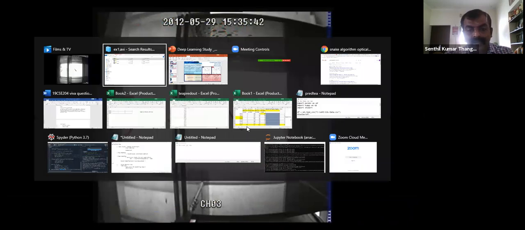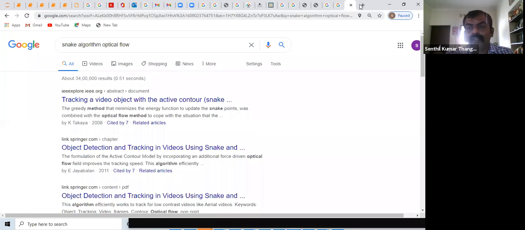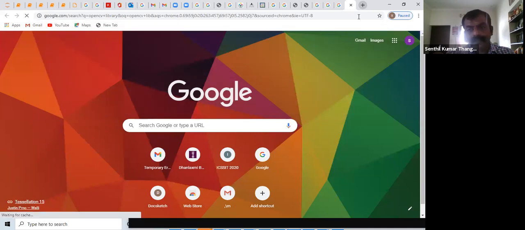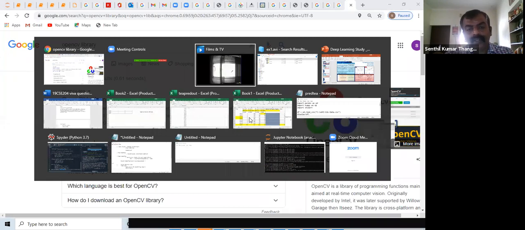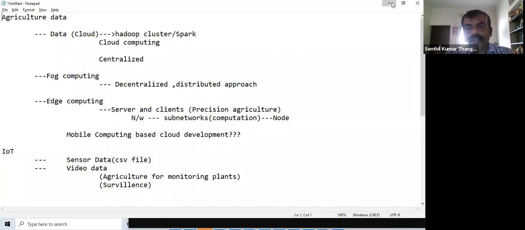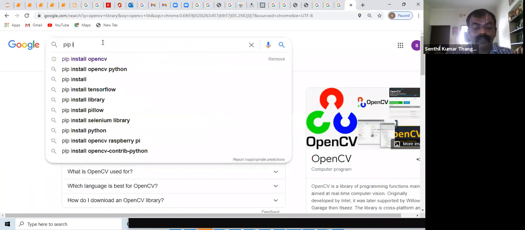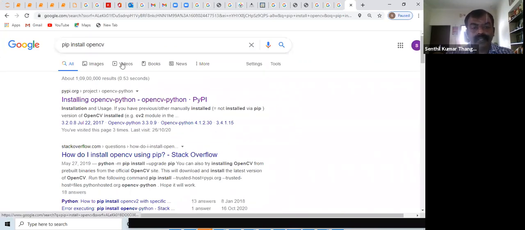For your information, wherever you are looking at problems like this, where there is an image processing component, you will have to use the library called OpenCV. This is also part of your third-party framework that you can install. If you open your Anaconda, you can install OpenCV directly. If you go to the internet and type pip install OpenCV, you'll get a command. So this is install OpenCV. The advantage is you can do applications with video or images.